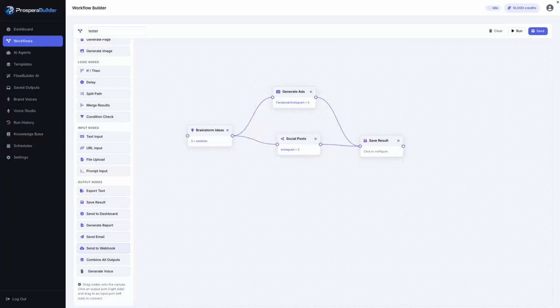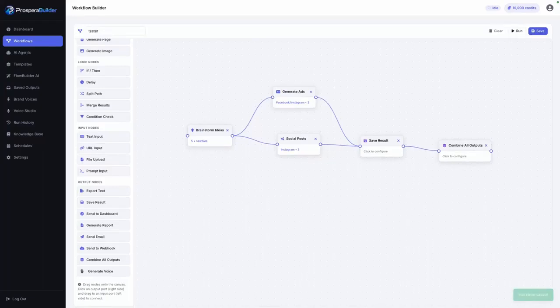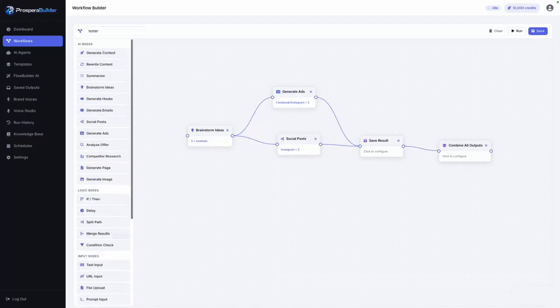So what I can do is then send it on to somewhere like Zapier or Pabbly, so we can kind of post directly to Facebook. But I'm just going to combine all outputs. So we've got a full output there. And once that's done, hit save. Just so it saves, you see workflow saved. Again, this is a very, very simple one just for this demo, but you can see how powerful this is